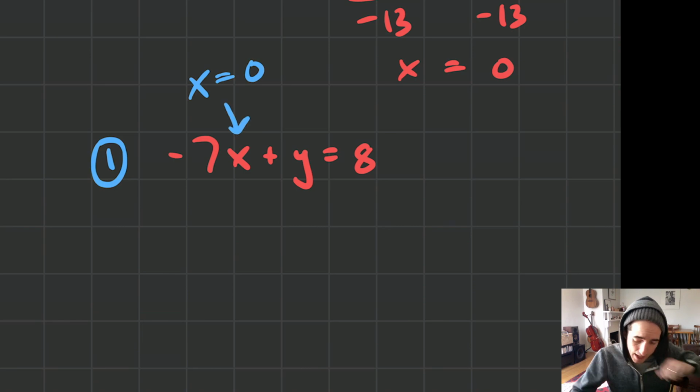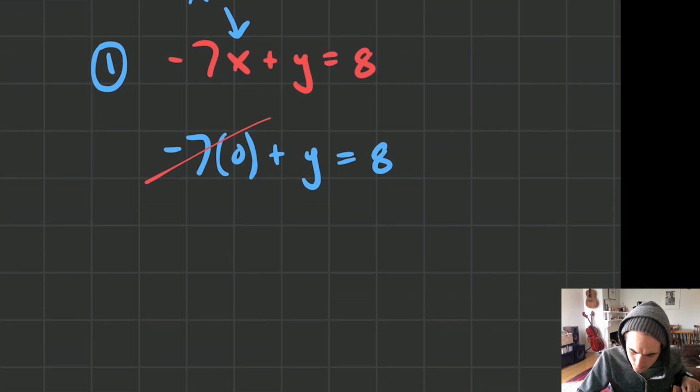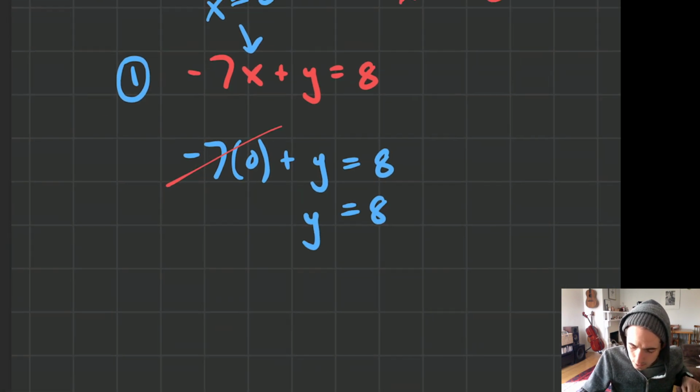So I've solved that x is equal to 0. Now we need to figure out what y is. Well, negative 7 times 0 plus y equals 8. So negative 7 times 0 is 0, I'm just going to cross that out. And it turns out that y is equal to 8. So the solution